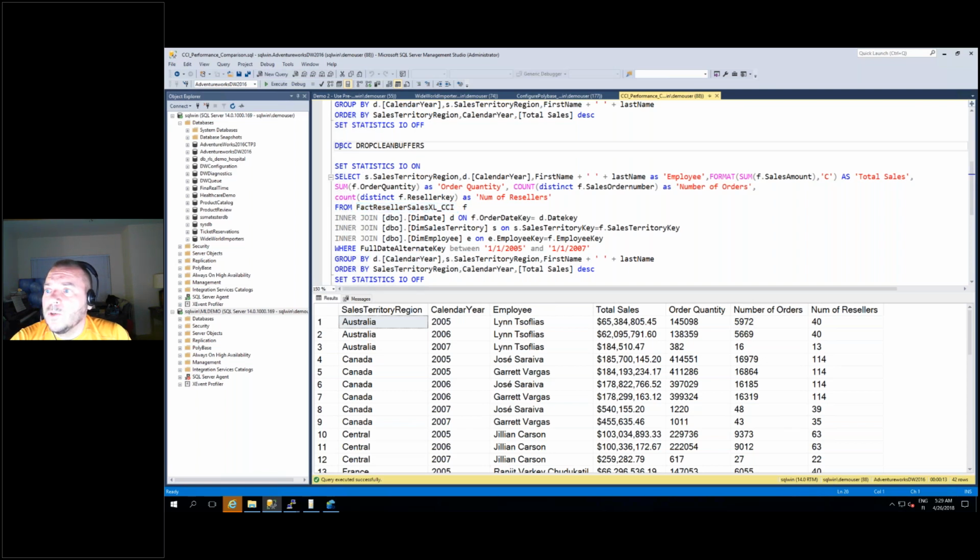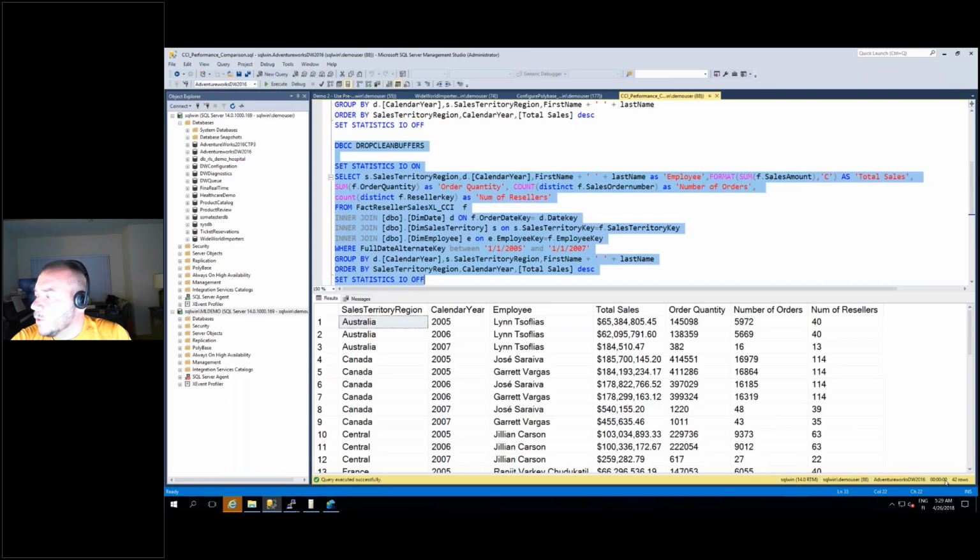So I'm going to do DBCC DROP CLEANBUFFERS again and run the same query against clustered column store. And as you can see, the query performance was less than 1 second and gave a super fast result. Now the HTAP essentially gives you the same performance as well. Okay, let's move on.